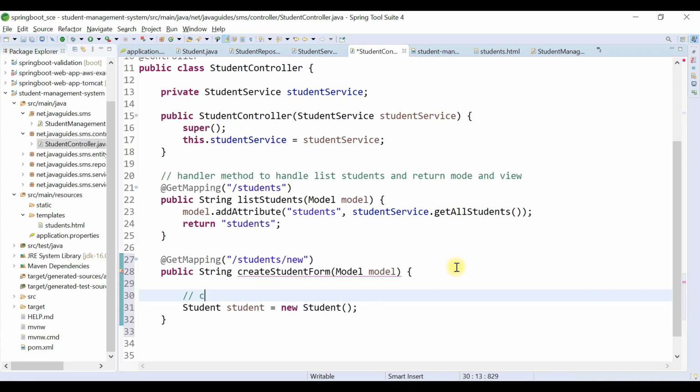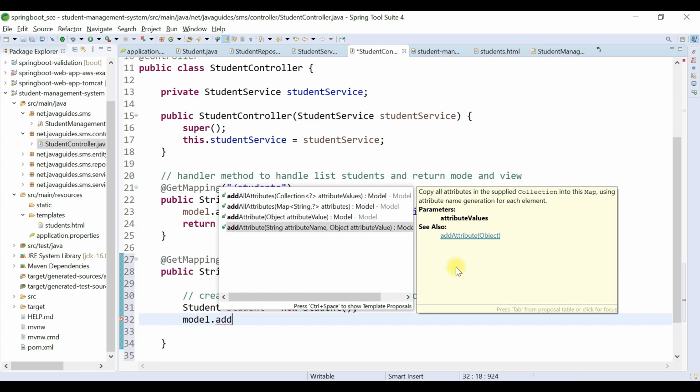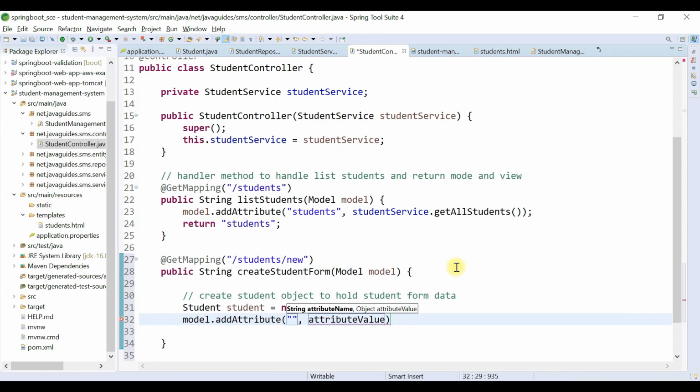We create an empty student object here to hold the student form data. Okay, perfect. Now we're going to add this data to the model using model.addAttribute, and the key is student, and the value is the empty student object.